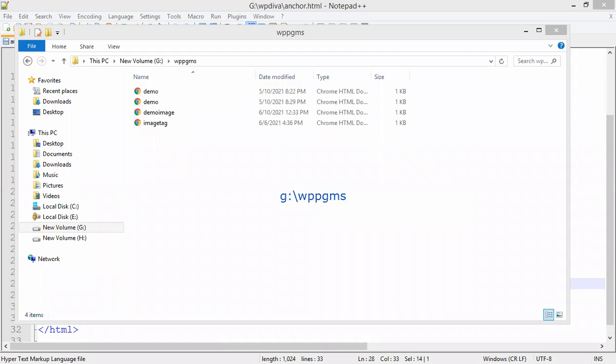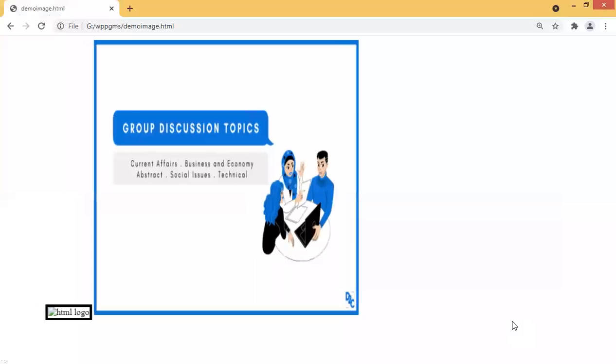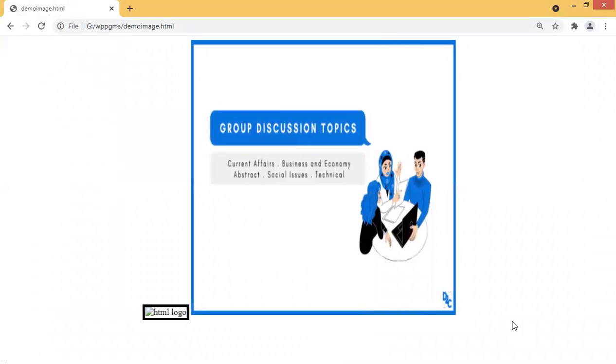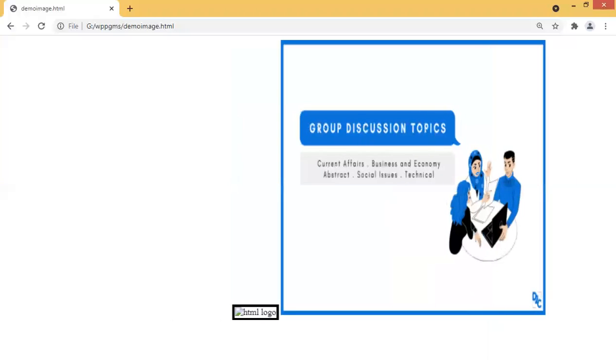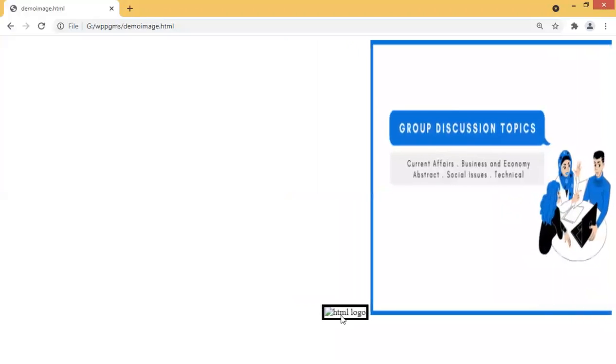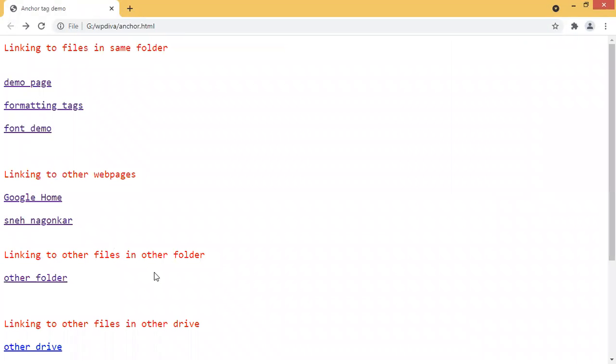Okay. Did you see that? Now the output has appeared. How did this output appear now? This appeared because I saved that file. Which file? Tell me. Demo image. Now why is there an error here, the HTML logo? Because this file is not there in that location. That is why it is showing that the image does not exist. Now let us see about this yahoo.com, how it will execute. So let us come back to the code.